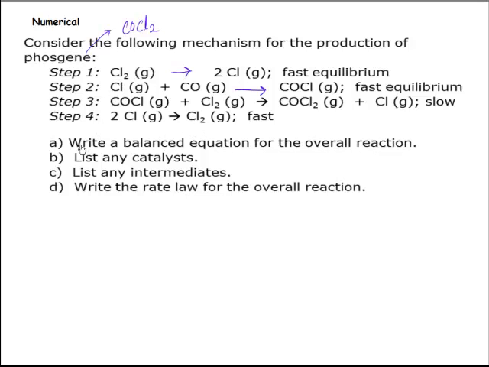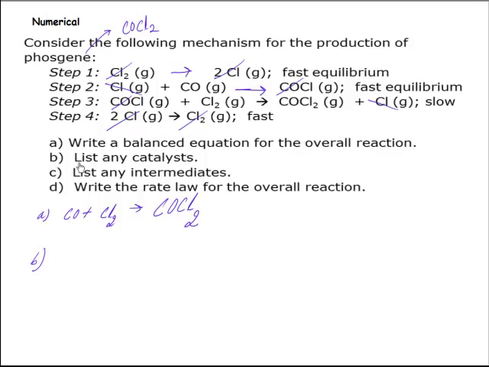Now if we need to write the equation for this, then what we'll have to do is add up all the 4 reactions. If we add up the 4 reactions, the 2 chlorines here will cancel out with the 2 chlorines here. Then 1 chlorine here will cancel out with this chlorine. Apart from that, COCl will cancel out, and also one of the chlorine molecules will cancel out. So what we are left with is CO, Cl2 and COCl2. So the reaction will be CO plus Cl2 gives COCl2.